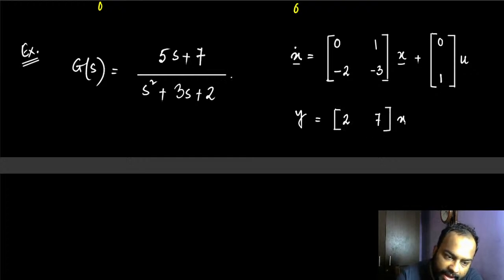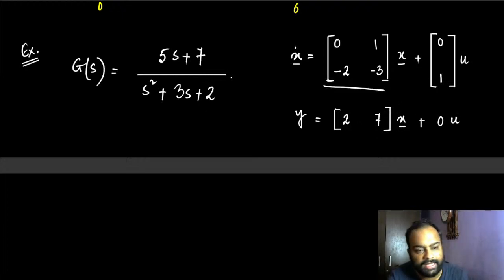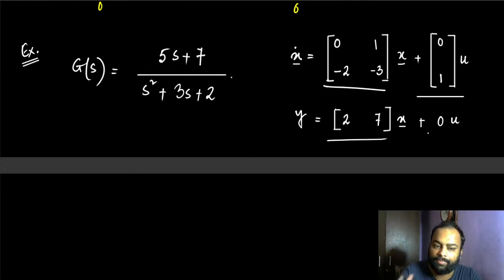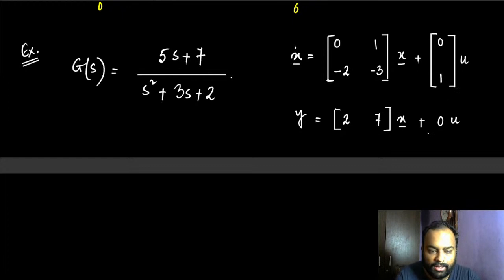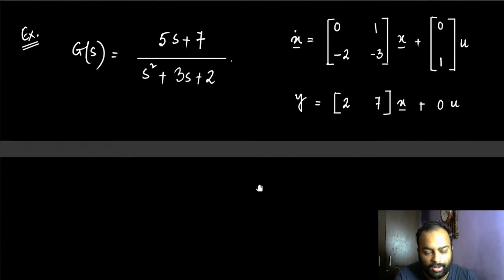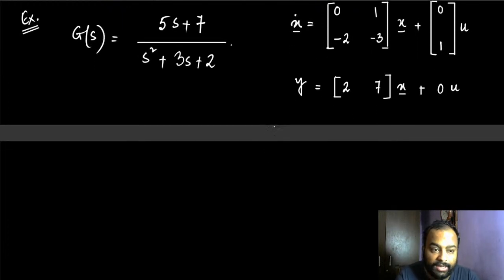Okay, and this is going to be x. And obviously D is 0 here. Okay, so this is A, this is B, this is C, this is D. And these 4 matrices, they describe the system completely. Okay, so now let's find out the solution. Now, instead of saying just find out the solution, let me just introduce the signals here. Okay, we are trying to find out, question is,